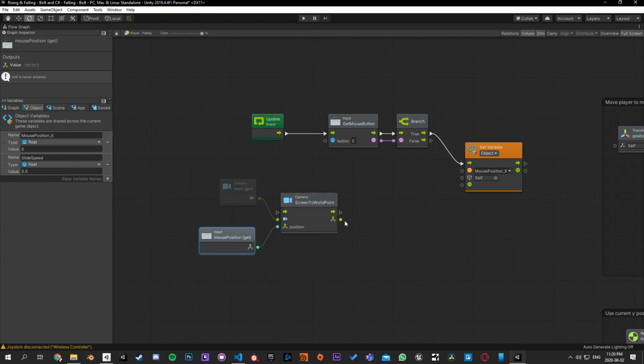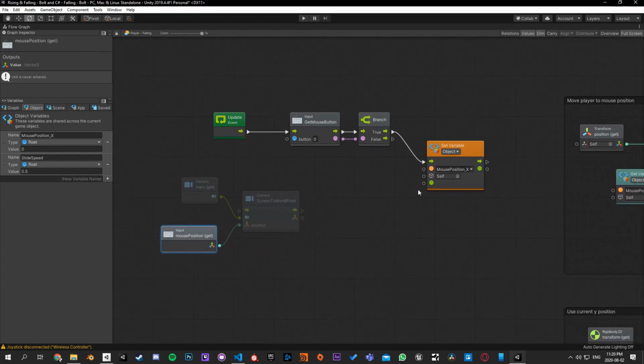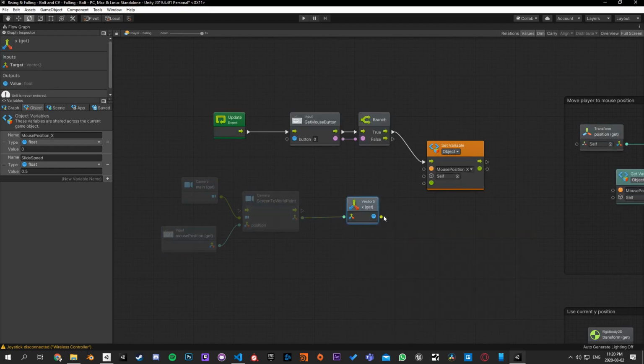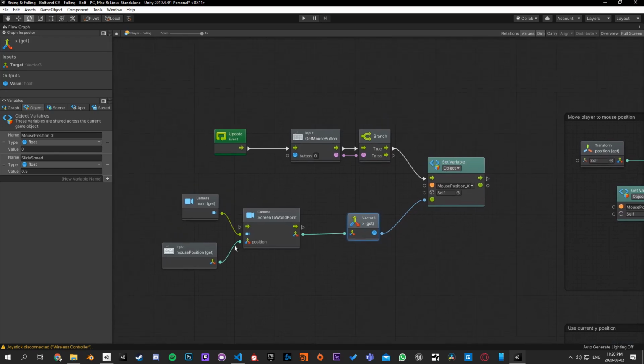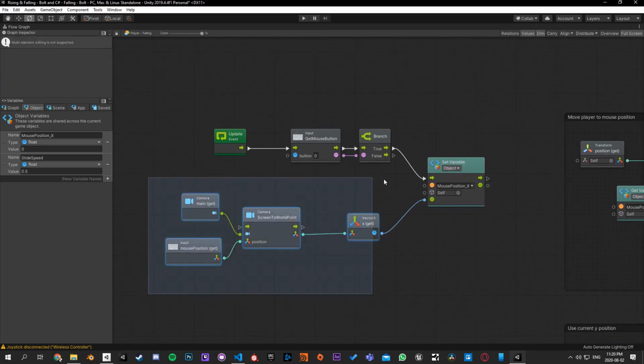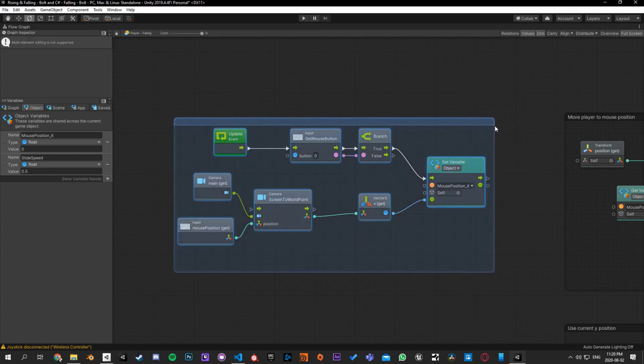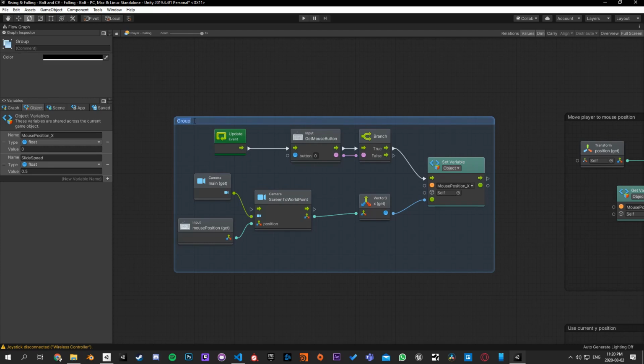There we go. And because we only want to use this for the X value, we don't care about the Y value, we're just going to say vector3.x, and then we put that into the set variable, and now every frame that we hold down our mouse button, it'll set that mouse position variable to wherever the mouse is at that frame. So this is essentially